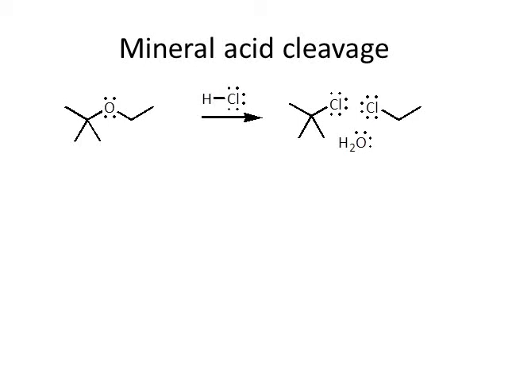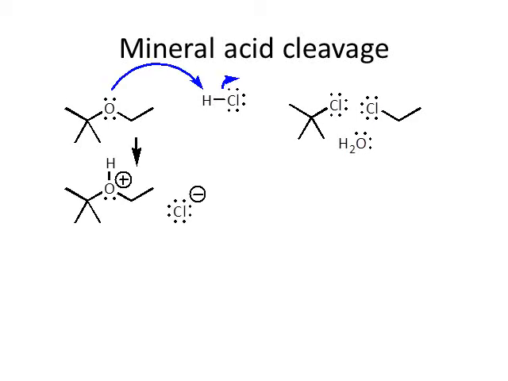But let's walk through the mechanism. It's pretty straightforward. HCl is an acid. It's the source of proton. Oxygen lone pairs can grab that proton, but now we want to break one of those three bonds. If I deprotonate, well, I'm back where I started. No harm, no foul. If a chloride came in and did an SN2 type reaction, we get an alkyl chloride